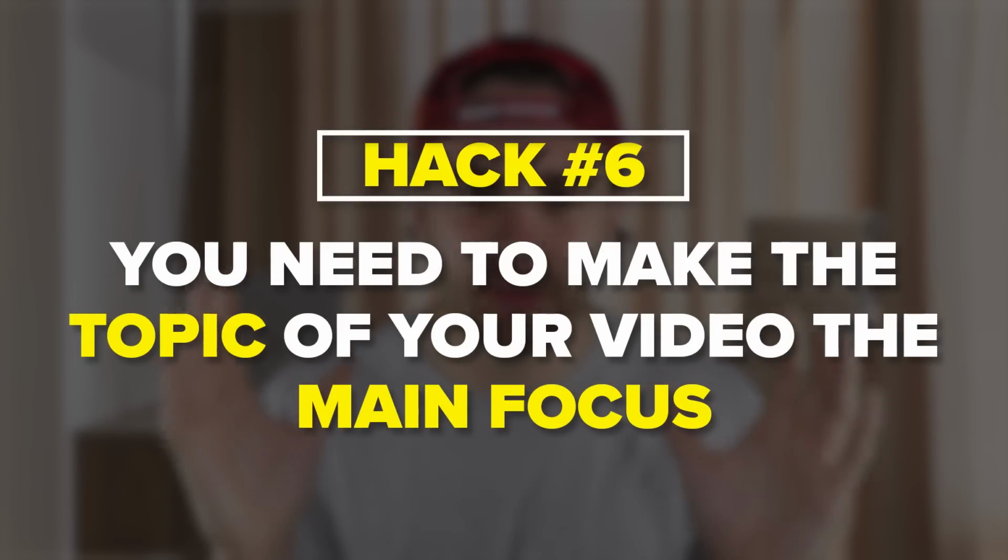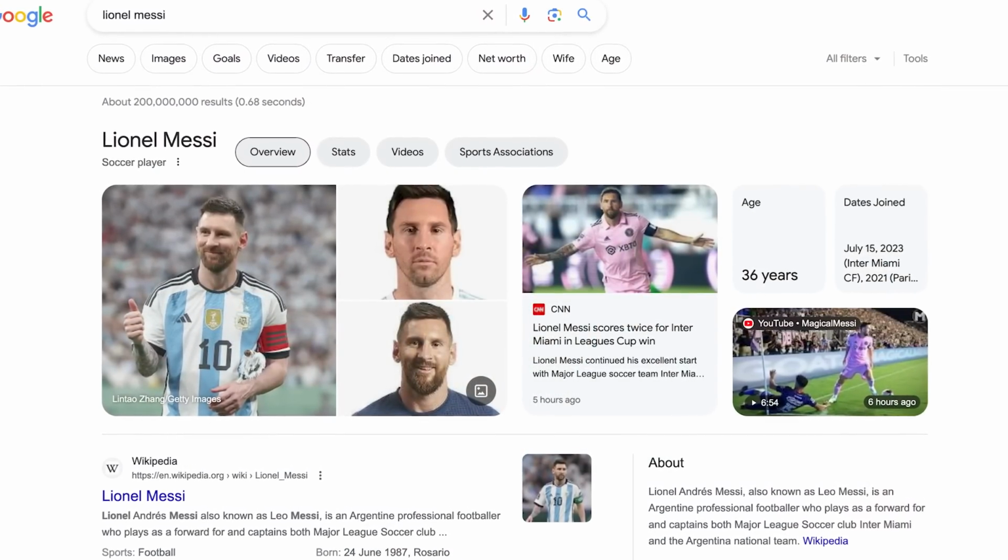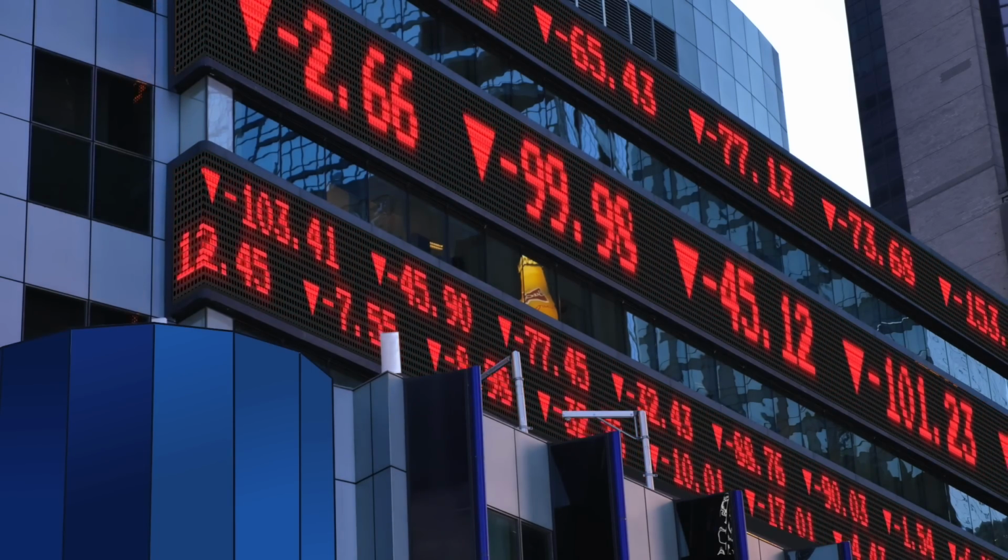And then finally, whatever you are talking about, you need to make sure that that is the main focal point of the video, especially in the beginning. For example, if you're creating a video about Messi, Messi better be on the screen in the first 3 seconds. Not you. Or if you're creating a video about the stock market going up or the stock market going down,